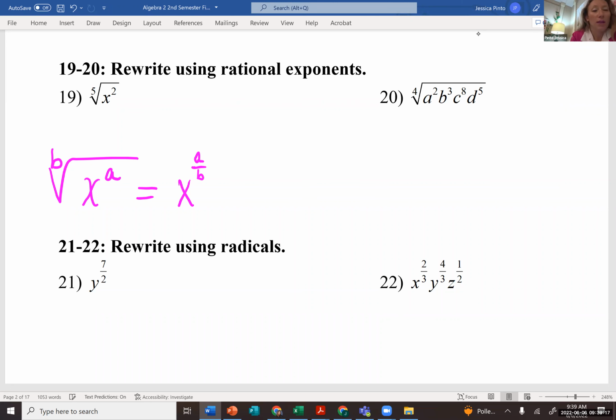So this one is very basic. We've just got the fractional power. The 5 is in the bottom, the 2 is in the numerator. Right on. So then for 20, we see that we're going to do that several times, but we have to